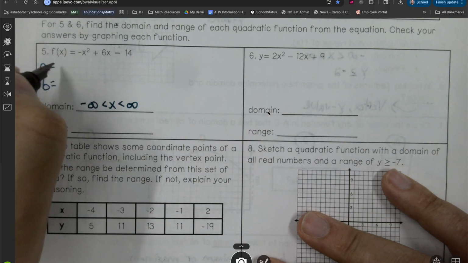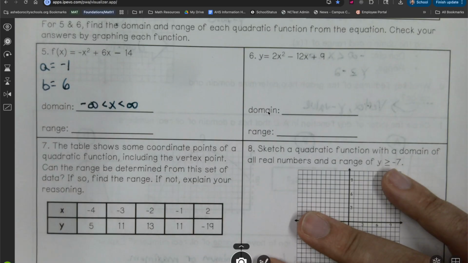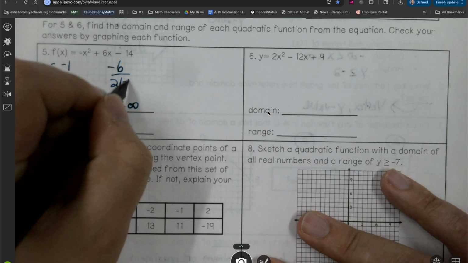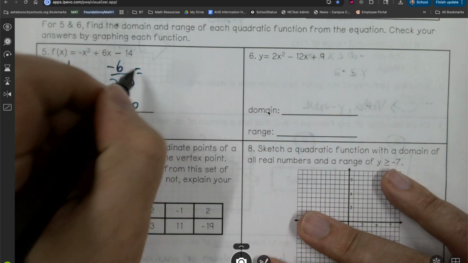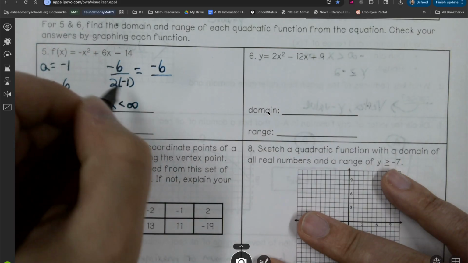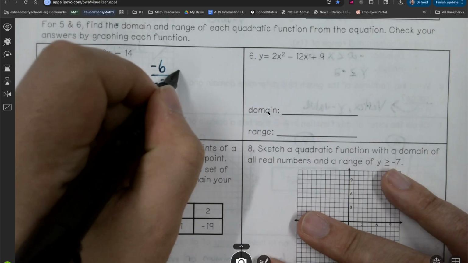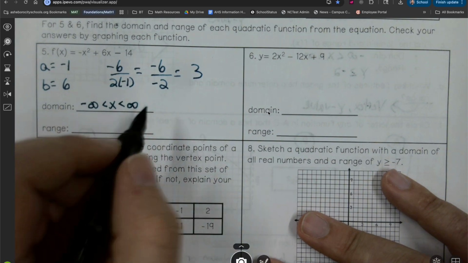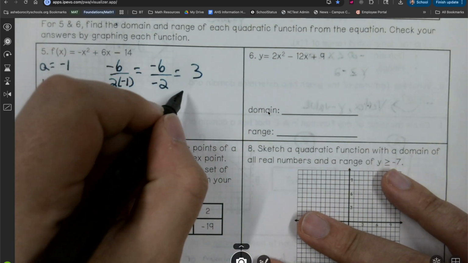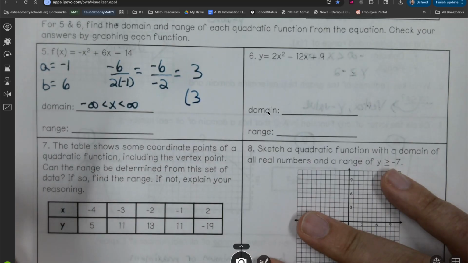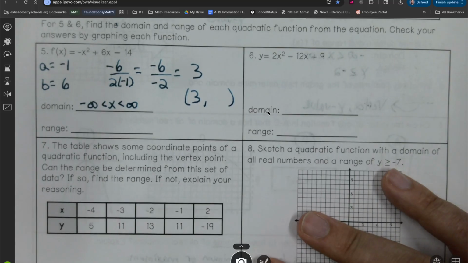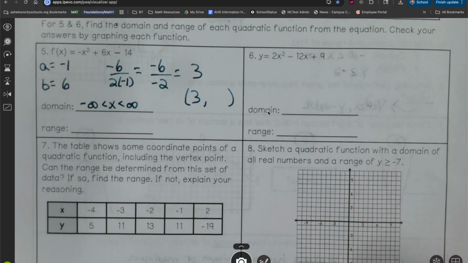So a is negative 1, b is 6. So if we do the negative b over 2a, or opposite of b, which is negative 6, over 2 times our a value, which is negative 1, we will get negative 6 divided by 2 times negative 1, which is negative 2, which will give us 3. So our x value of our vertex is 3. Something. So we're going to take that 3, plug it back in, and we'll see what we get out. So if we use a calculator for that,